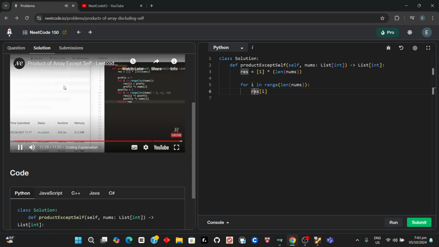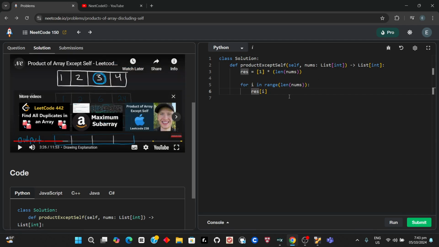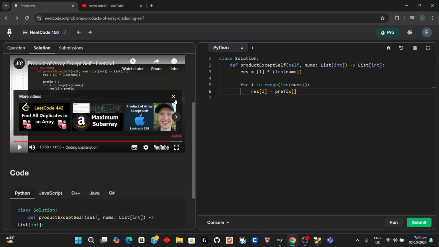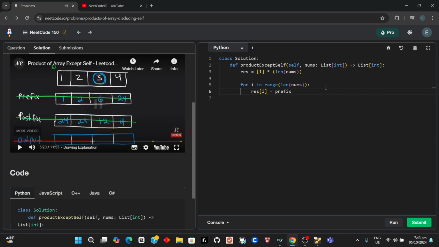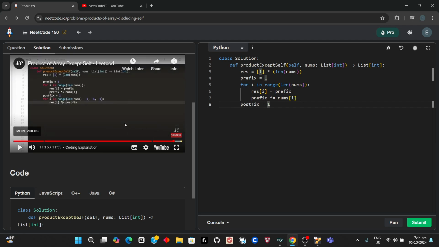So this is pretty much the most efficient. Start at the beginning. So far, the prefix